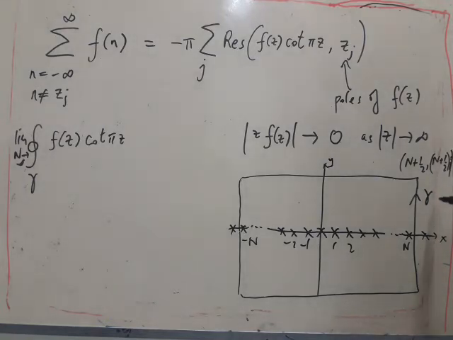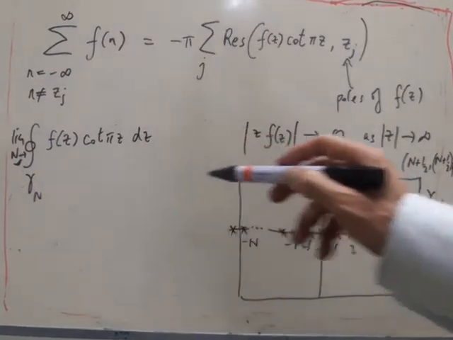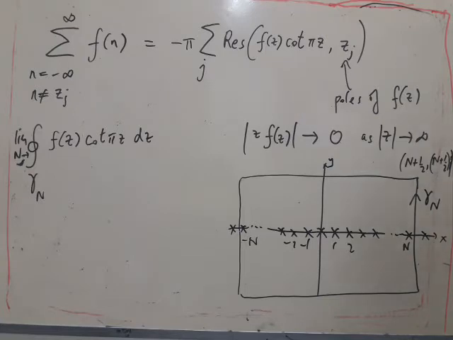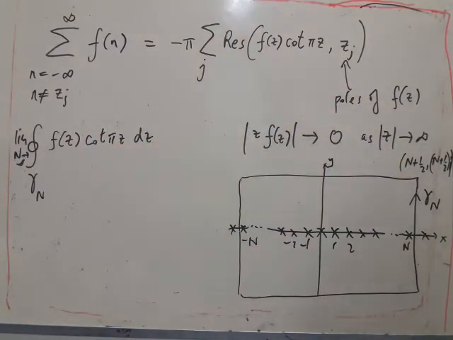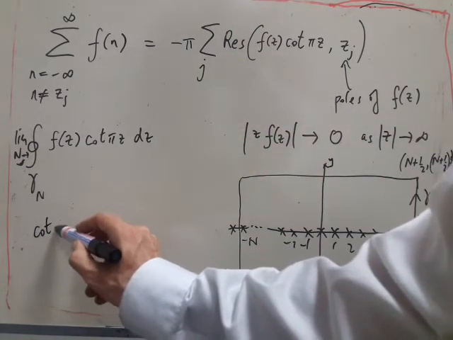So I'm going to write this as gamma sub n. So to show that this is 0, we're going to need to consider how big this quantity here is as z gets large. So the modulus of cot pi z